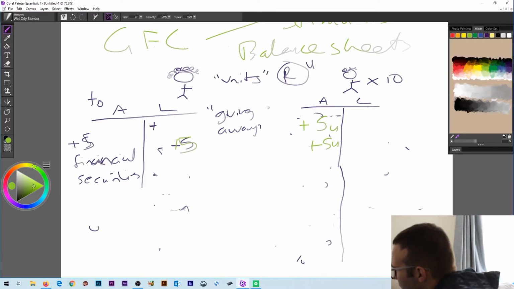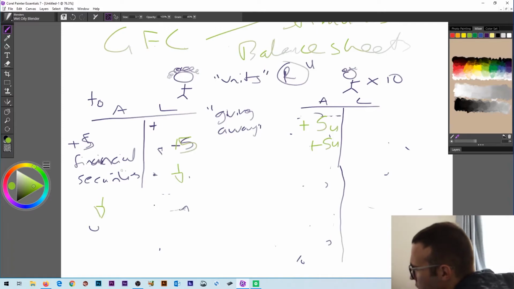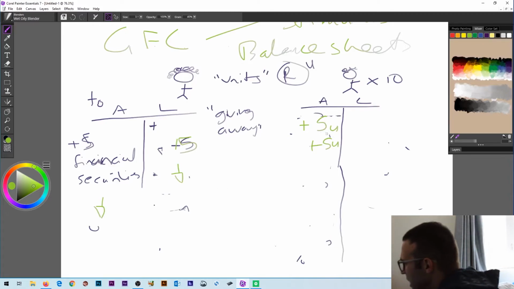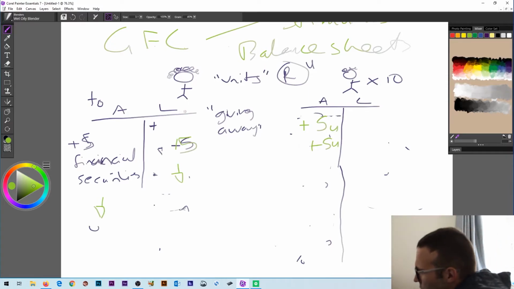And the idea is we haven't changed the overall amount of money. Despite the fact that your balance sheet on your asset side has increased because you've taken the financial securities, the total amount in the economy has stayed the same. We still got plus 10 and we still got plus 10 here. And that's the point, is that you're essentially a lender of last resort.